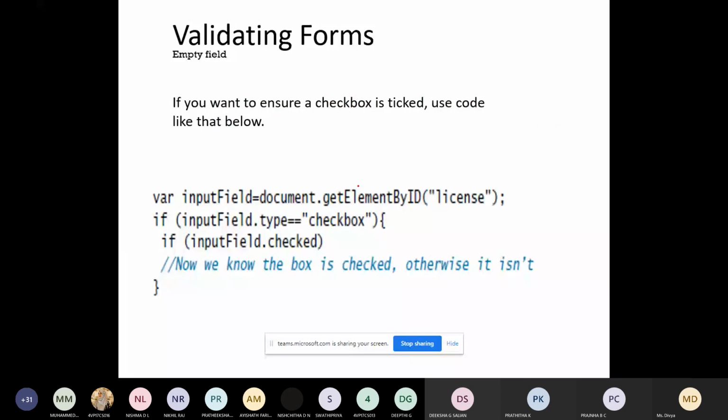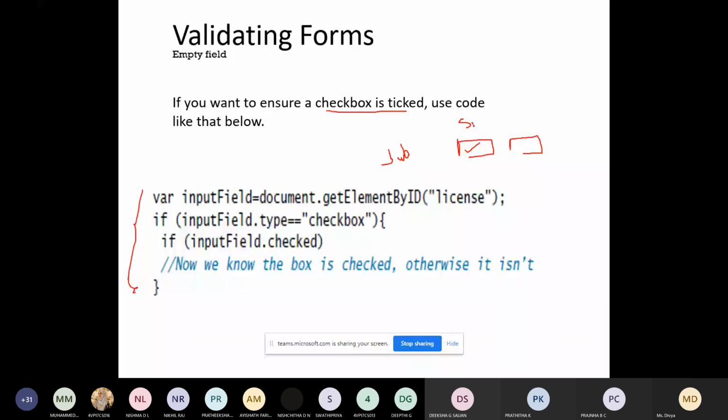So this is one more, which is used for validating the checkbox. It is used to check whether this checkbox is ticked or not. This code is used for checking. Assume that we have something like subject names, subject 1 and subject 2.